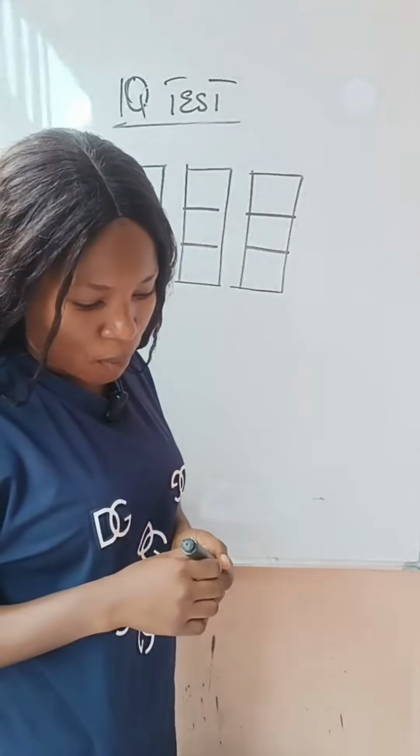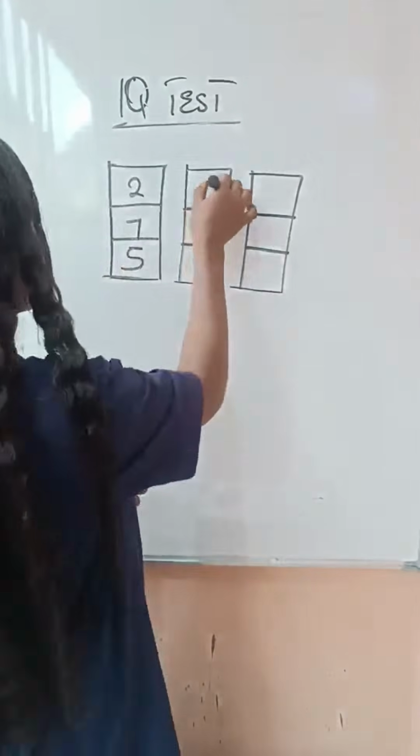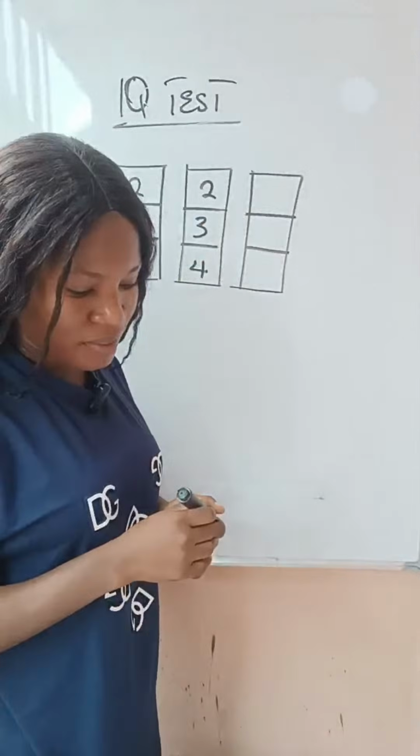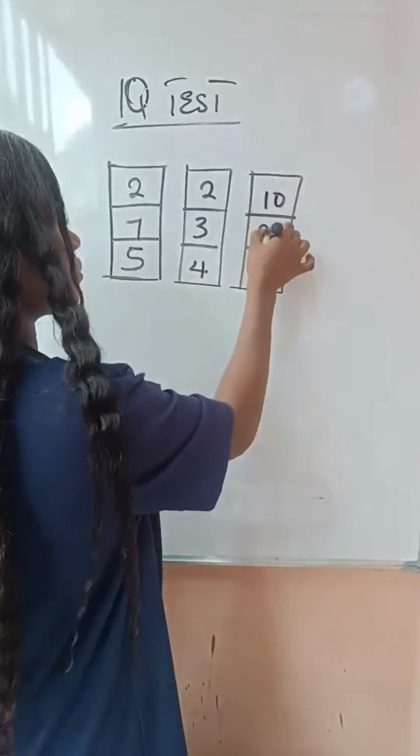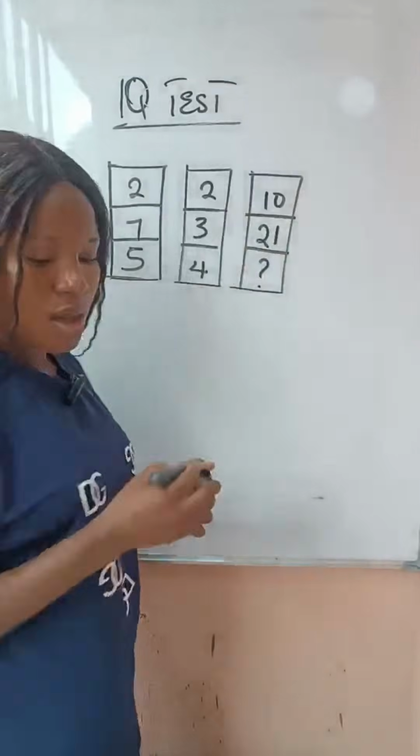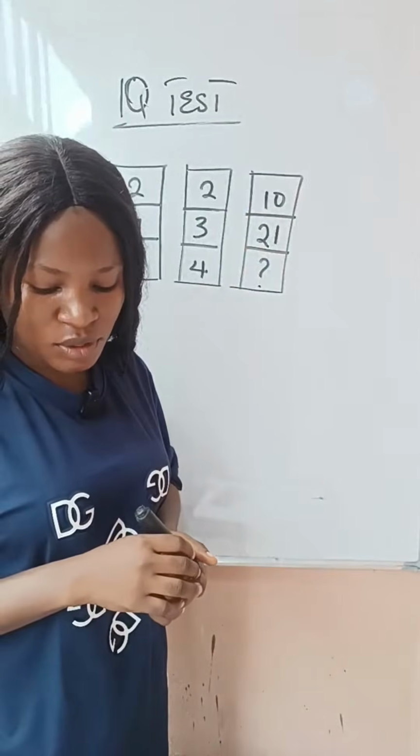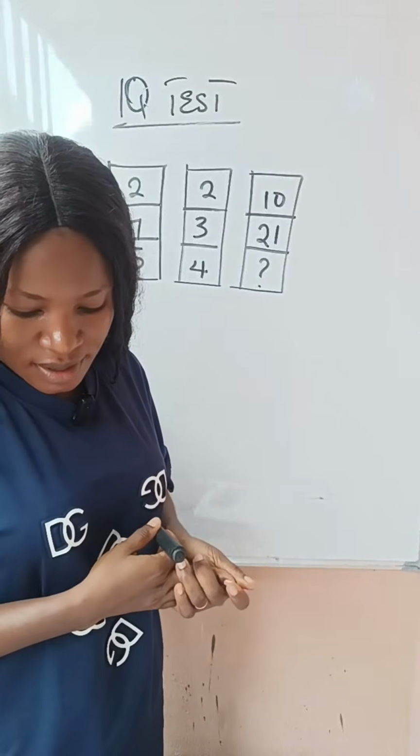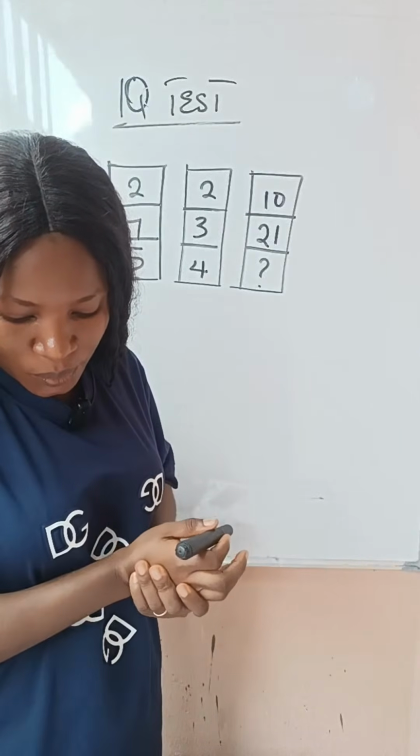We have 234. We have 1021. Now the question says find the missing number. All right. Okay. Now